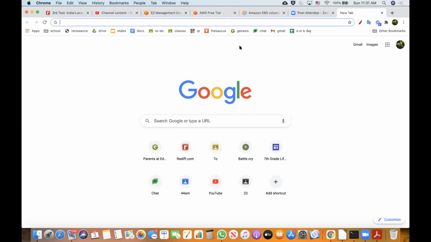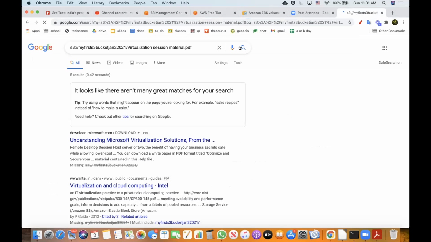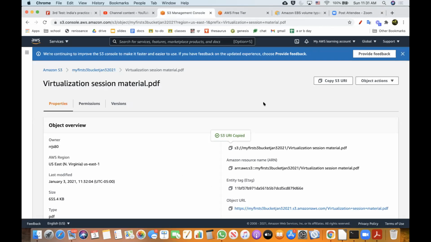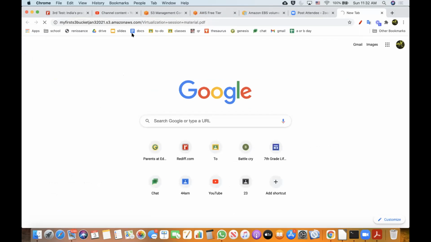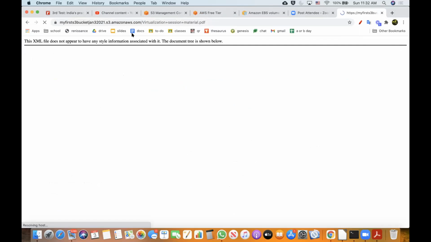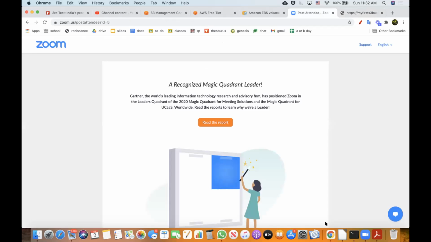I try to go to this particular URL. Okay, this is only going like a search. Oh, object URL. This is the one that I have to take. Okay, I have this URL. Now if I try to open this URL, it rotates. Access denied. I'm not able to get it,